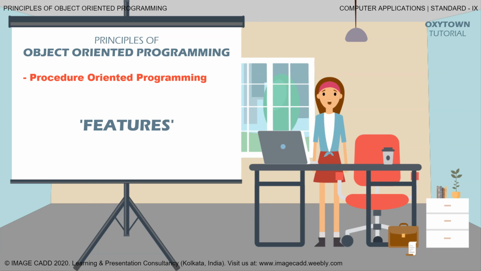Features: procedure-oriented programming uses a top-down approach of programming. It emphasizes on functions, or the logical steps, rather than data items. Functions share global data, while data values can keep floating. Limitations: since data values are global to all the functions, any alteration in data value will demand necessary modifications in all the functions. It is not appropriate to solve complex problems in real-life circumstances.